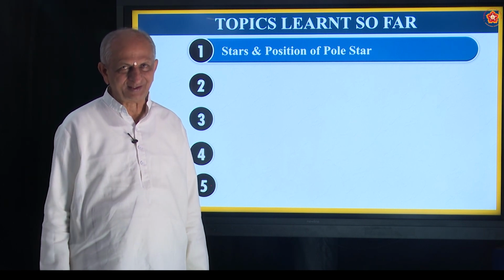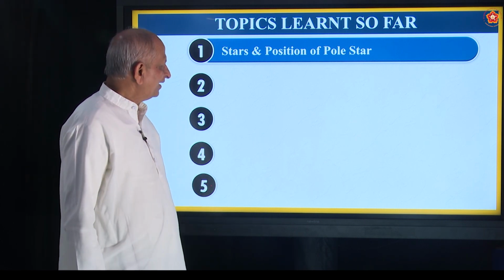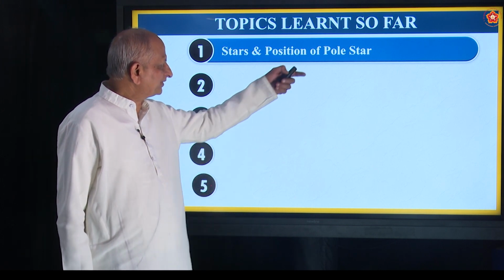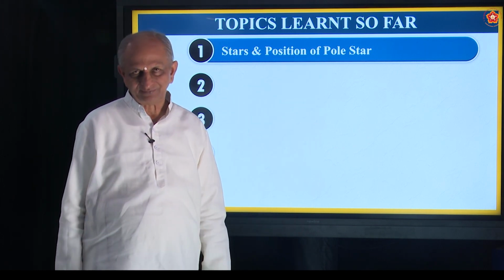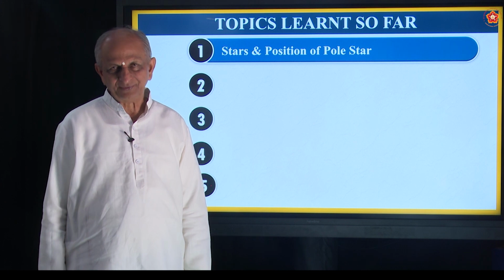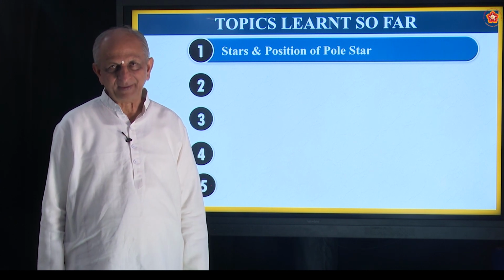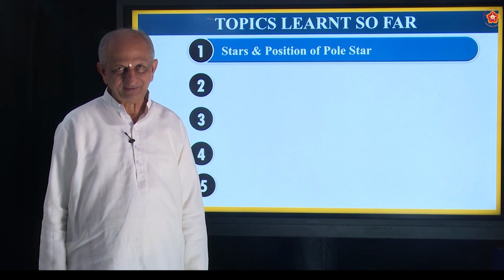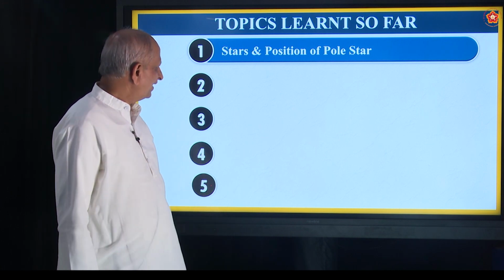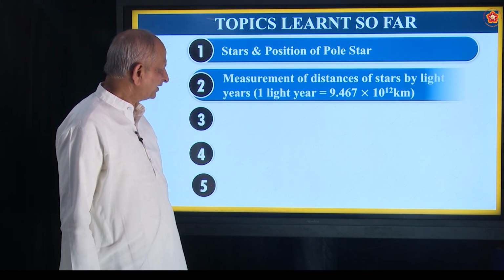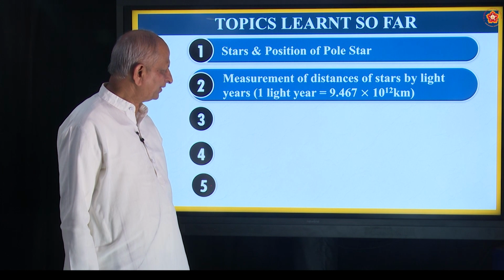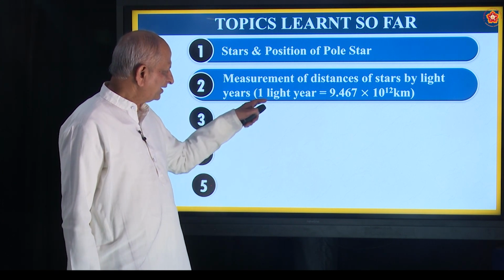So many stars are there, it is supposed. And one of the famous stars is called pole star. It comes near the Ursa Major, in the line of the Ursa Major. Correct? And also we have studied that the stars had to be measured by a unit called light year,